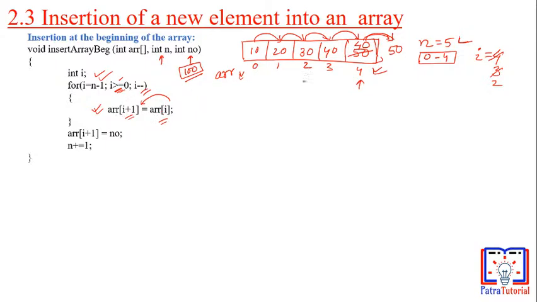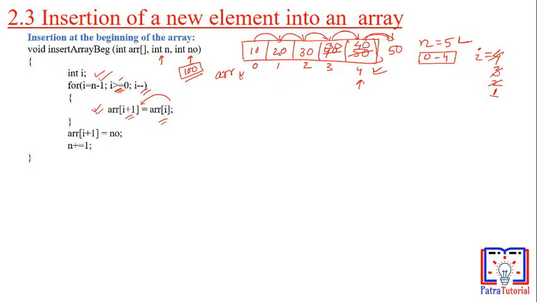Okay, so ARR of 2 is what? 30, and 30 will be stored in ARR of 3, that is this one, so 40 will be overwritten. Okay, then I minus minus, so I becomes 1, then again 1 is greater than or equal to 0, right? Condition satisfied, then get inside the for loop again, so ARR of 1 will be stored in ARR of 2,